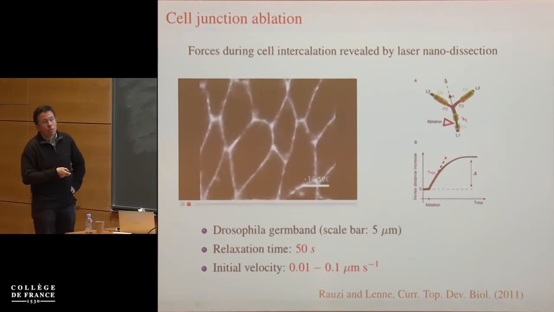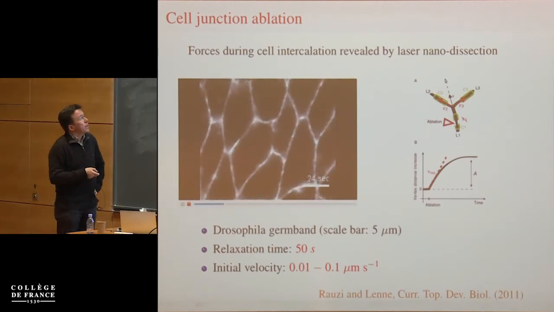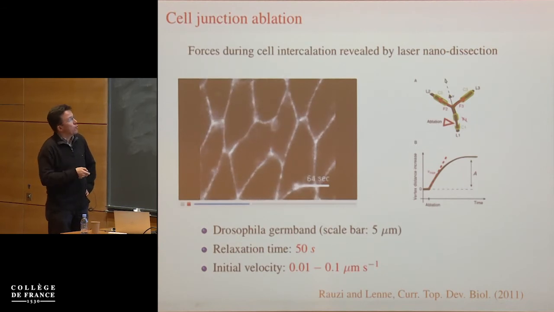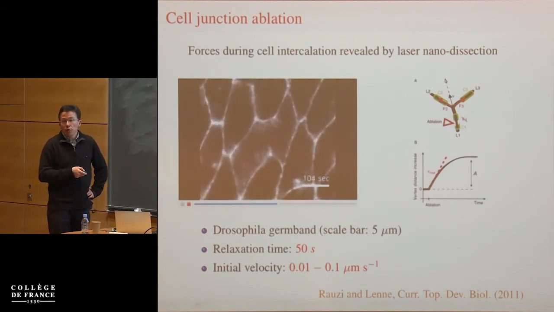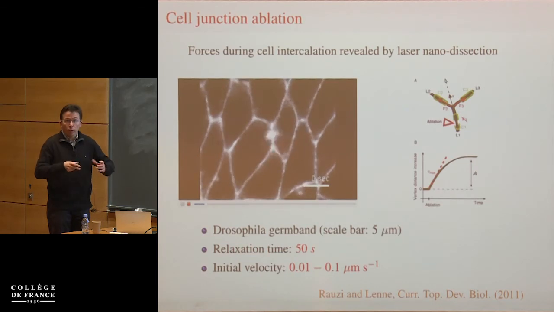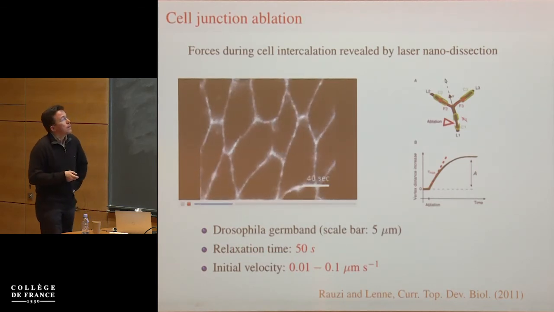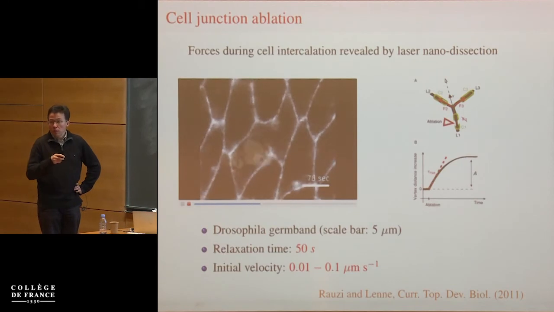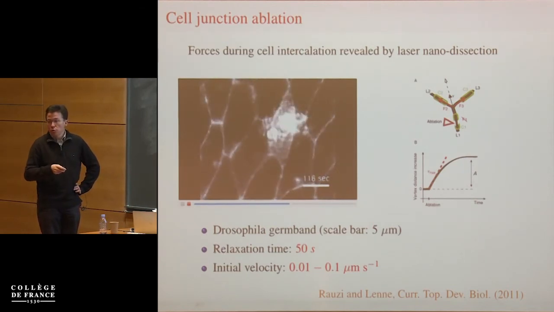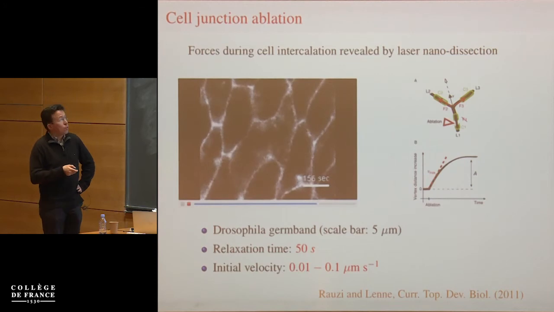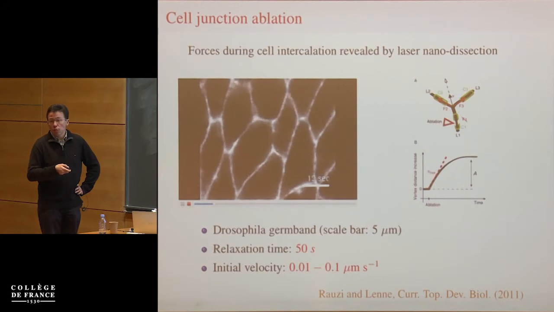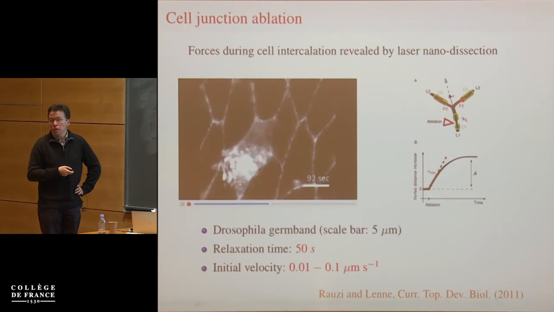And this tool was used to show that, in fact, in the germband of the Drosophila, cell junction tensions were highly anisotropic, which helped explain the anisotropy of T1 transition that led to elongation of the germband. So if you're interested not in local forces, but in tissue scale forces, it is of course possible, but labor intensive, to repeat the same process on a large number of junctions and to perform averages in order to access the